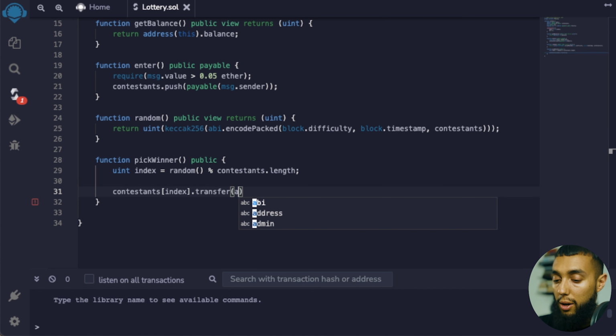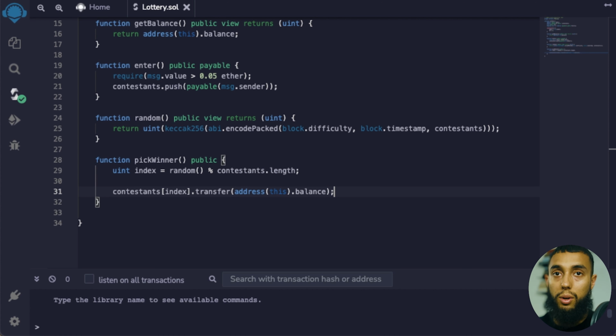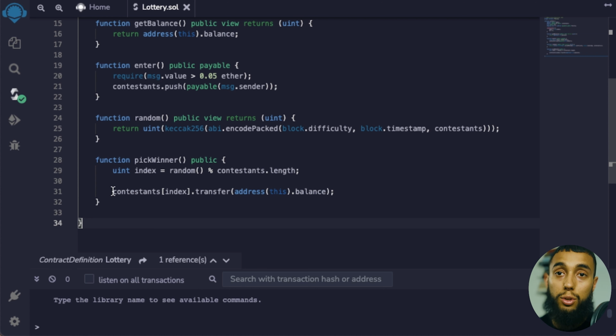From here, we're going to type in address(this).balance and end it with a semicolon. This is basically just a reference to the instance of our current balance, and so we send this to the address that was selected as the winner